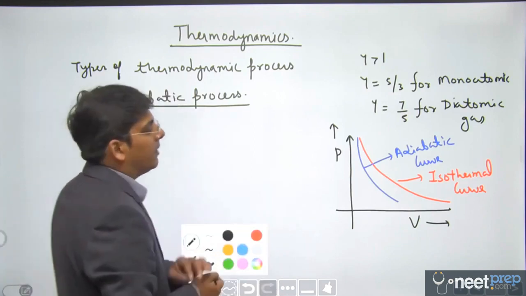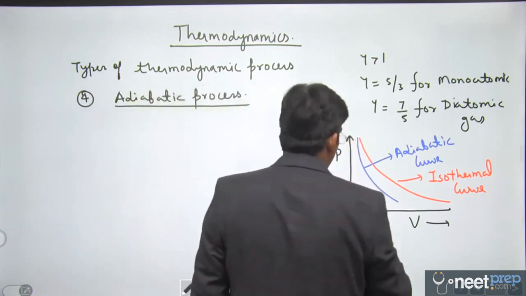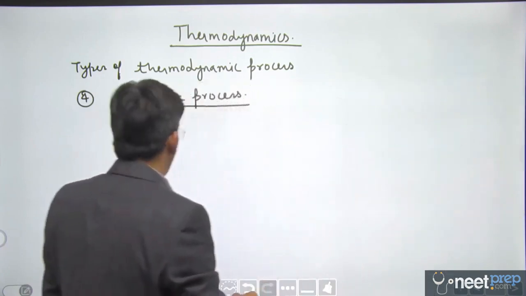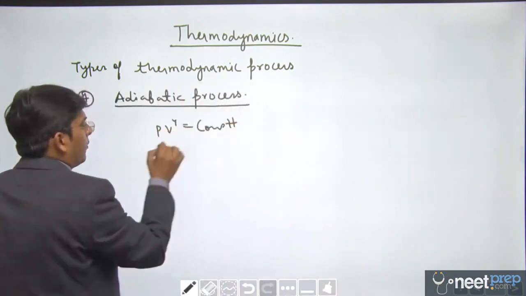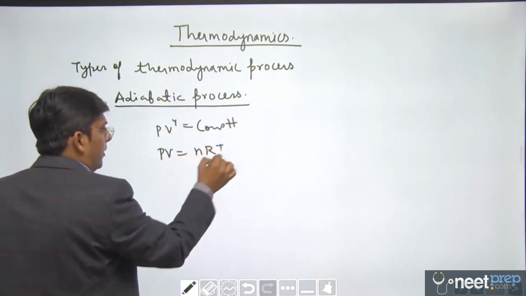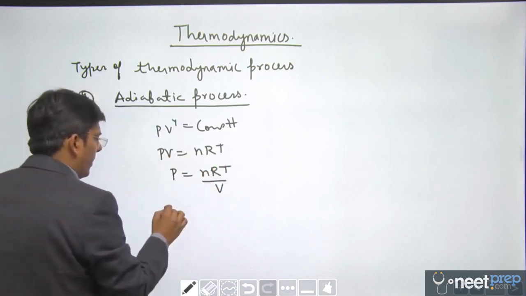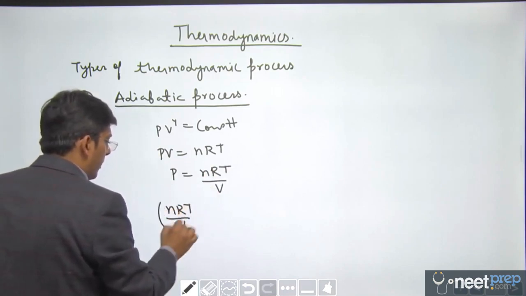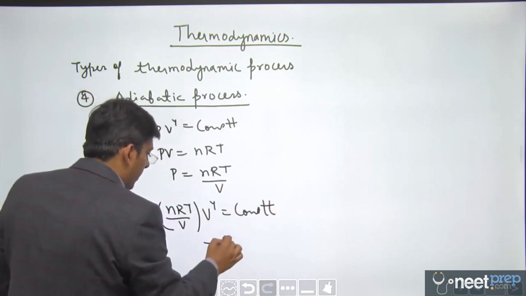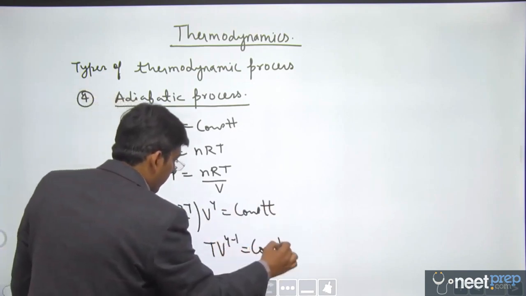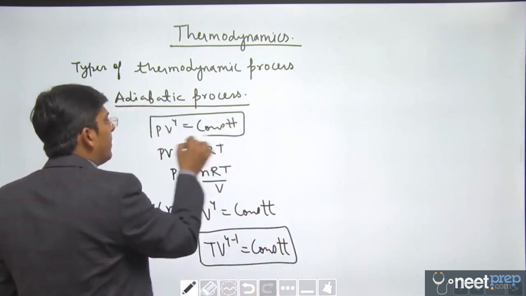Now see, for the adiabatic curve we have very interesting PV, VT and PT relations. Let us see. Now you know that for an adiabatic process PV to the power gamma is constant. You also know that PV is equal to nRT, so pressure is equal to nRT by V. This is (nRT by V) times V to the power gamma equal to constant. So we get TV to the power gamma minus 1 being constant. This is the temperature and volume relation for an adiabatic process. The earlier one is the pressure volume relation for an adiabatic process, dear students.